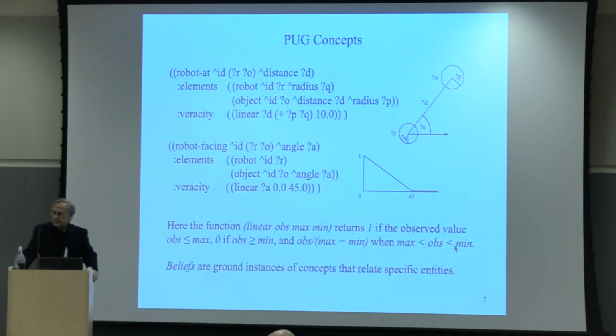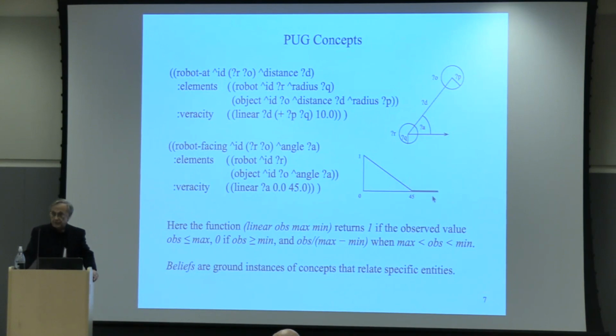I'm going to go through some of the knowledge structures, but I won't have time to explain them in detail. This is what concepts look like in Pug C. They're a little bit like Prolog, except that there's always numeric attributes associated with these relational descriptions. And there's a match function. And that function, linear, D, PQ, whatever, basically gives you a degree of match, a little bit like what you'd find in fuzzy logic.